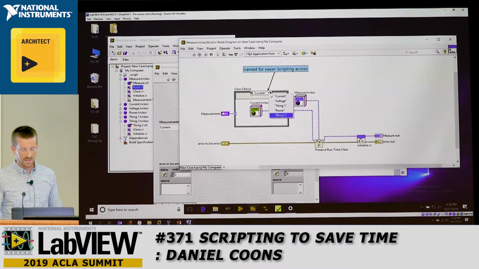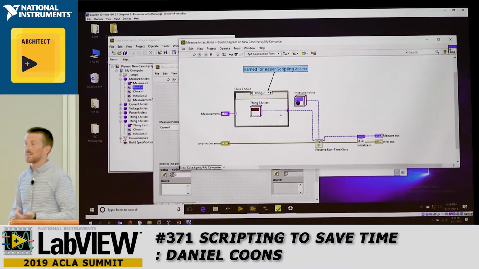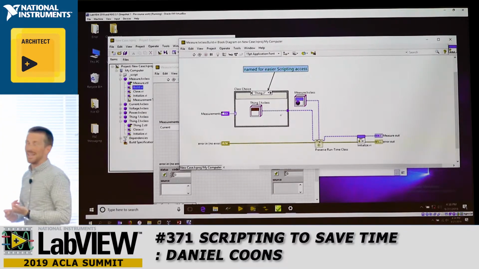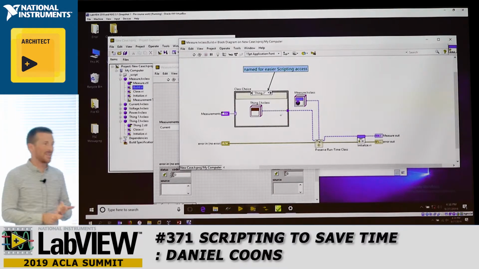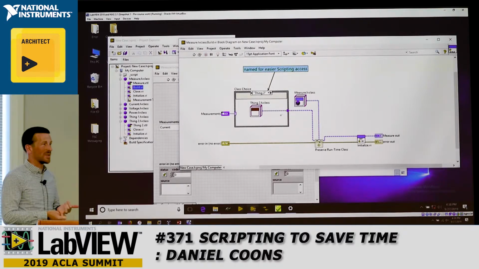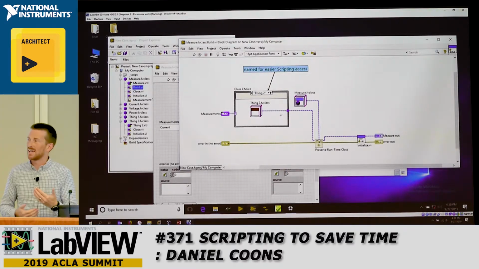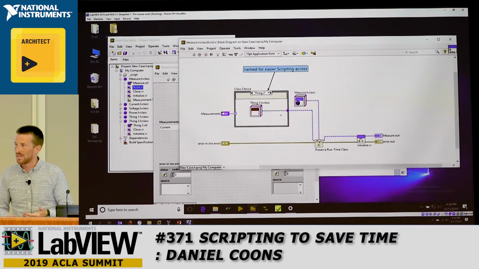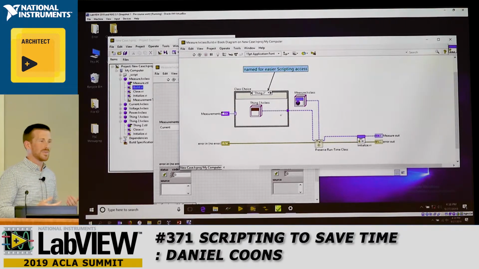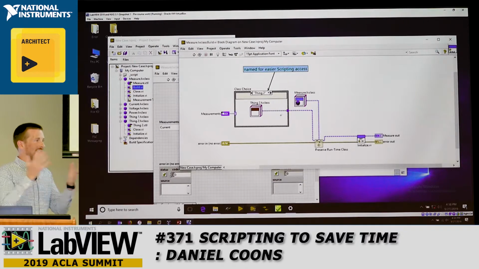Thing 2 inside of here, right? And so this is extremely useful if you have customers or developers that are less experienced, where they don't want to go through all the steps of creating a class, setting the inheritance, and creating the overrides for all these VIs. You want to give them something where they can just click the button